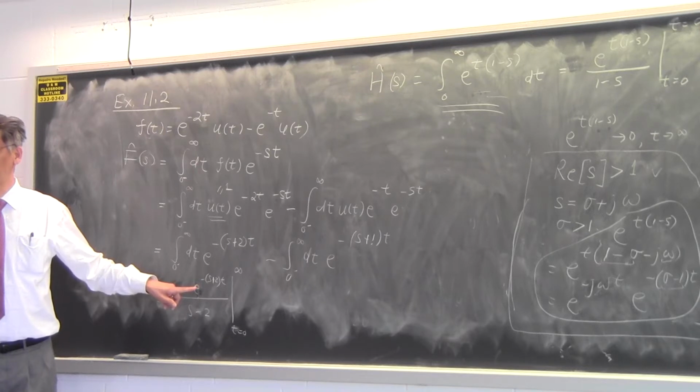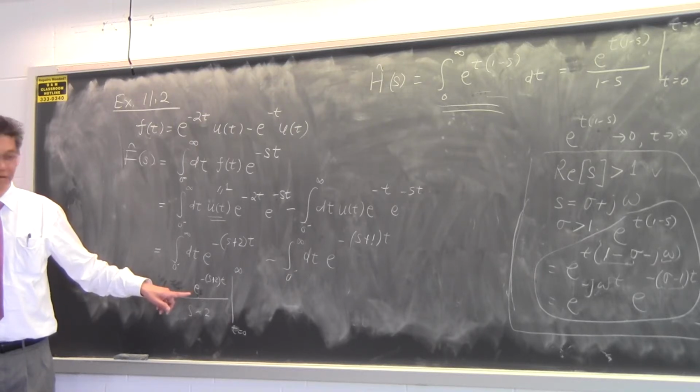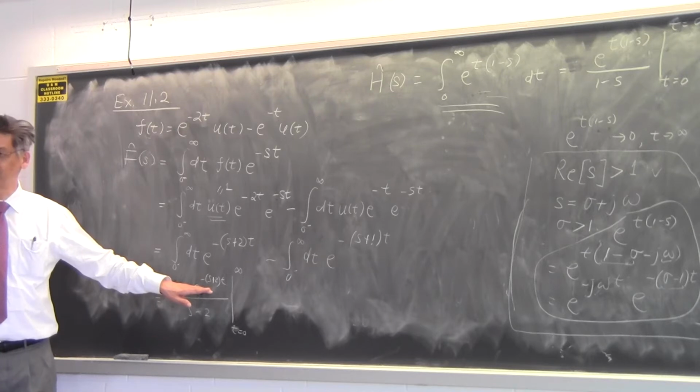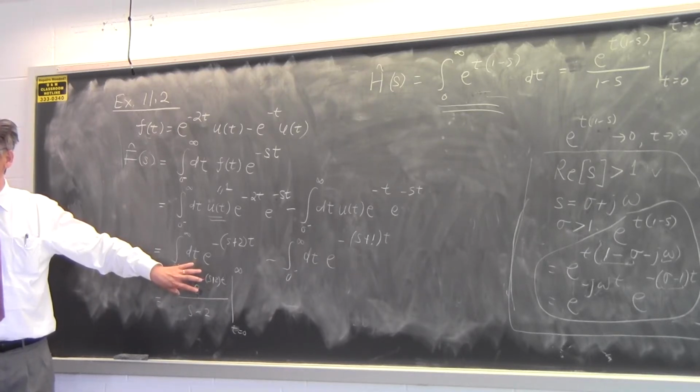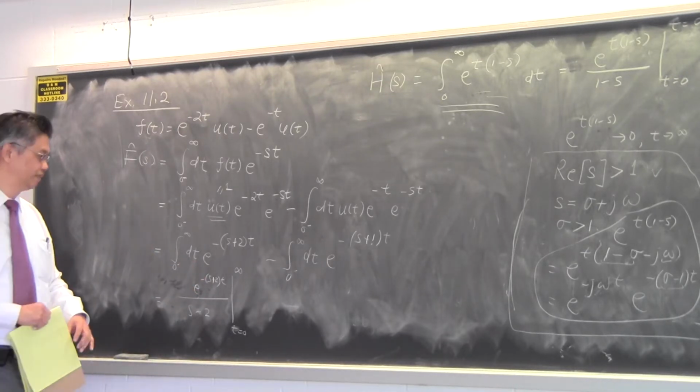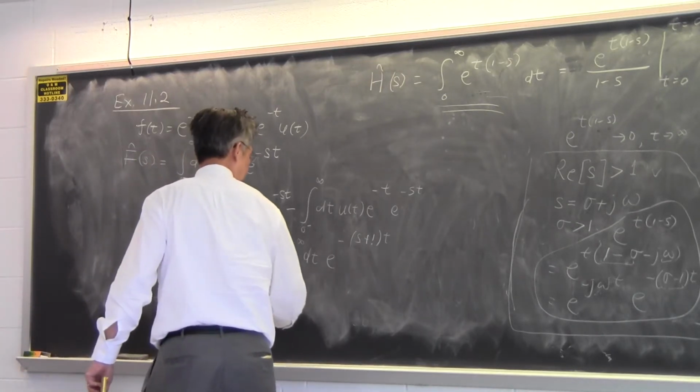So the real part of s must be larger than minus 2, right? The real part of s must be larger than minus 2 in order for the upper limit to vanish. Okay? If I do the same thing over here, I would have